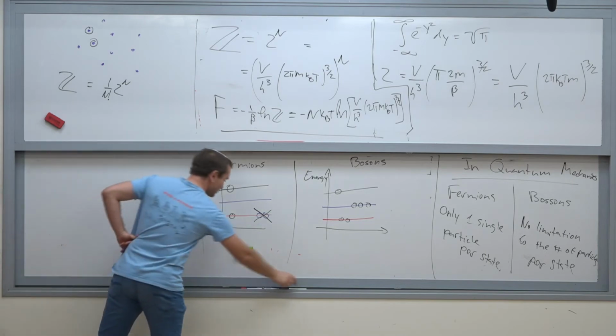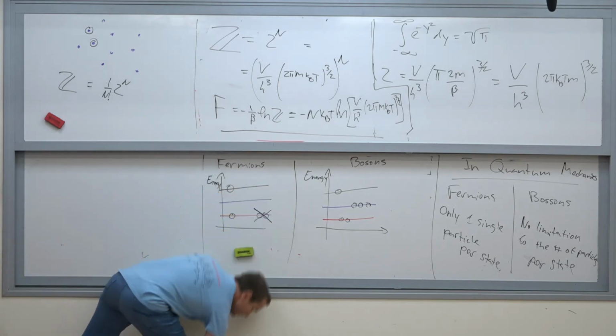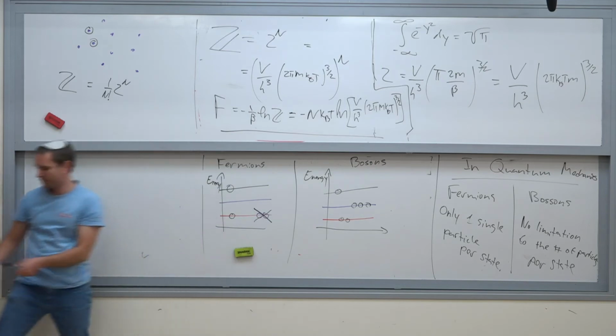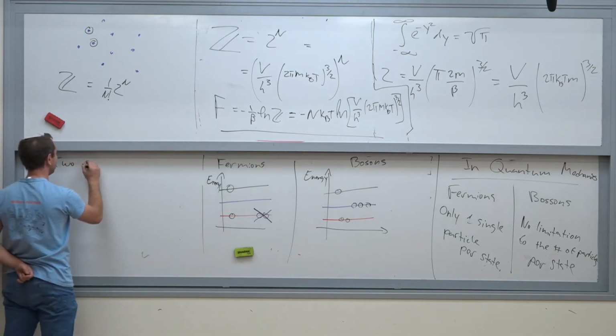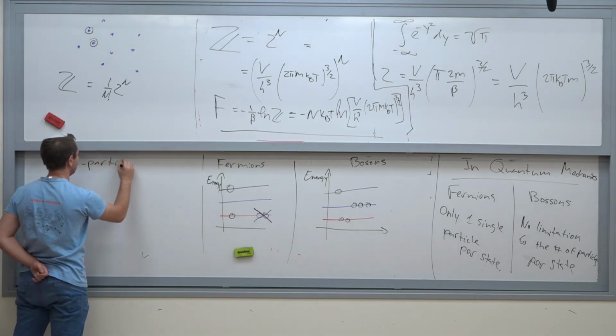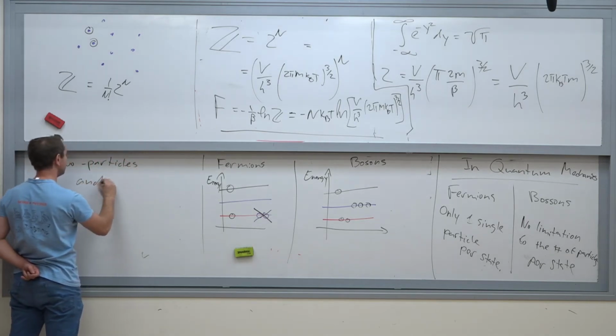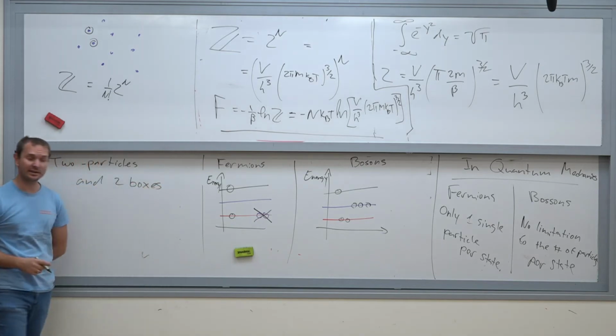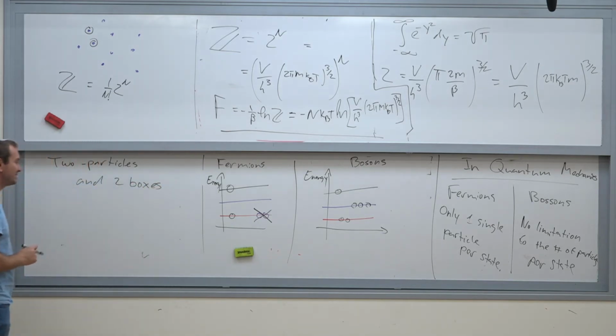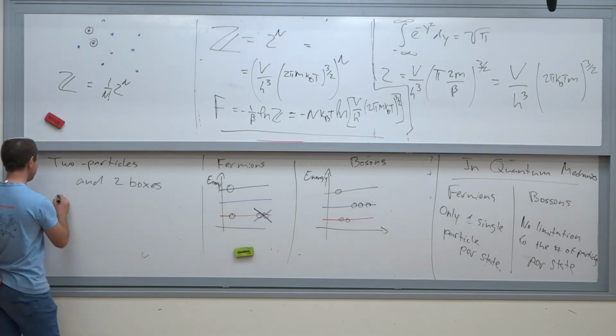Our example is that we have two particles and two boxes. Each box is a state, a state of the particle. So in classical physics,